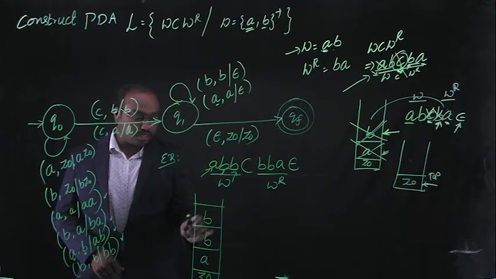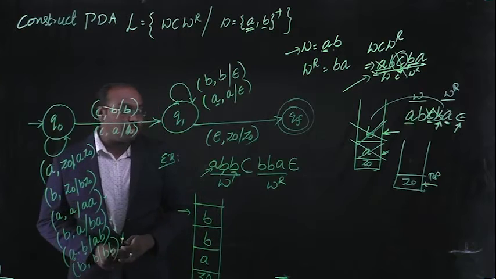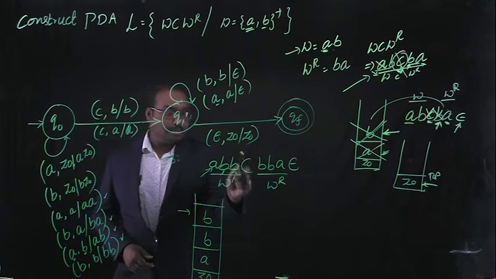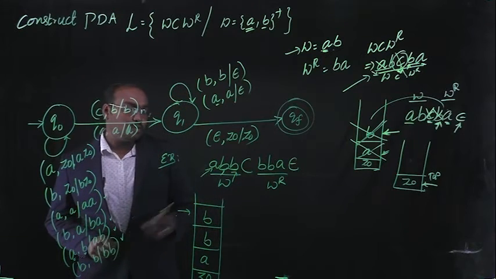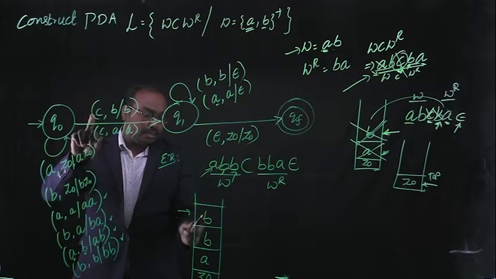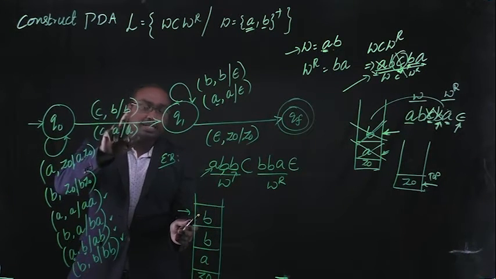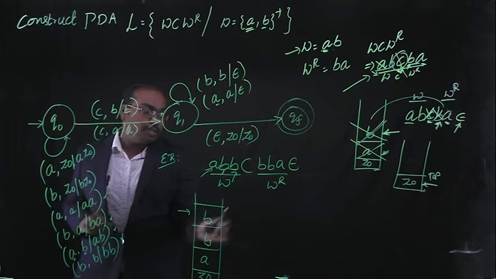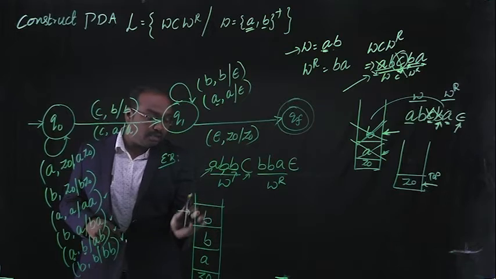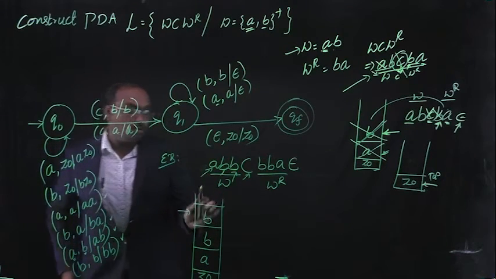Now this is my stack's top of the element B, B, A, and now this is the middle element C. Whenever we are seeing the input symbol C and the top of the element is B, then we can leave that element B as it is. No modification should be done.